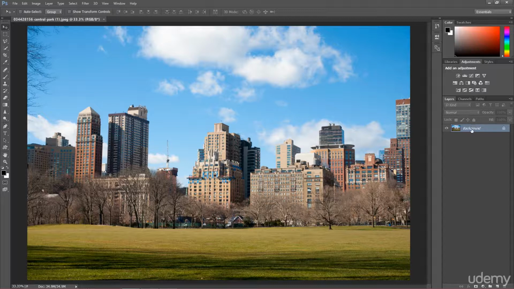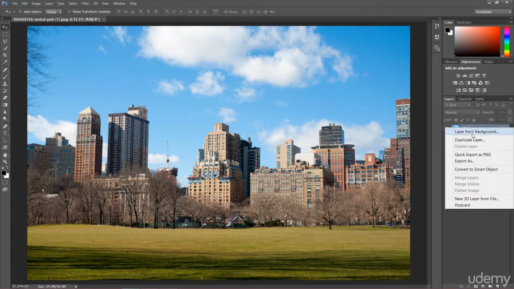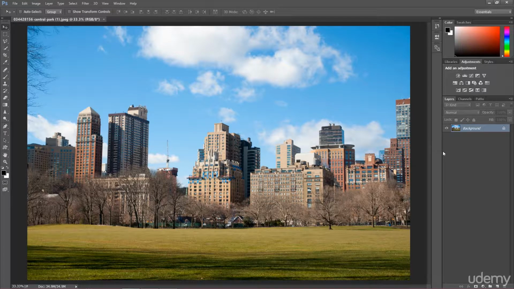You probably know that there is something like duplicating layers. So I'm going to duplicate this background. I'm going to right-click on this, or press Ctrl or Command and J on the keyboard to duplicate. You can right-click, there is the option Duplicate Layer, or you can press Ctrl or Command J. And right now we have two layers available, and you cannot see the difference. If you click this eye over here and turn off the visibility, nothing changes, because it's exactly the same image, since we just duplicated it.